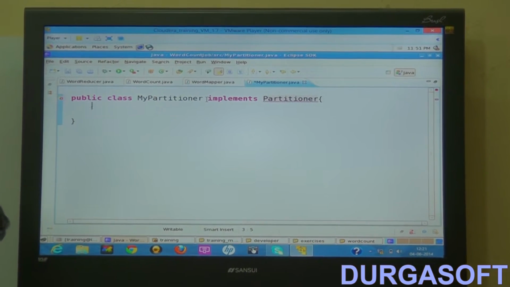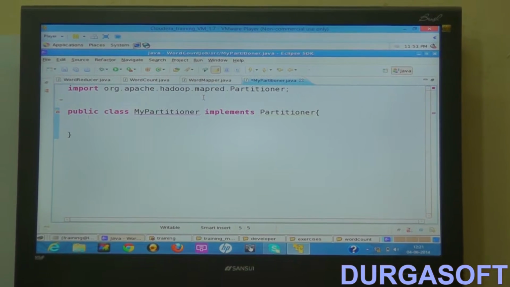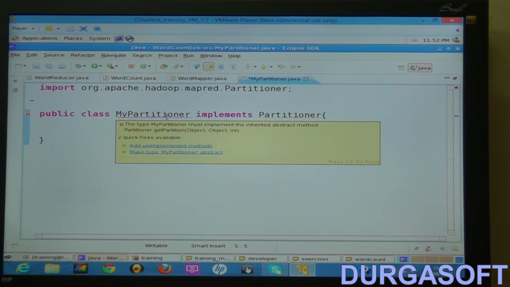Next, Control Shift O. It's a shortcut for getting what? The import statements. Okay. Next, let me keep this cursor on this red line so that it is showing you